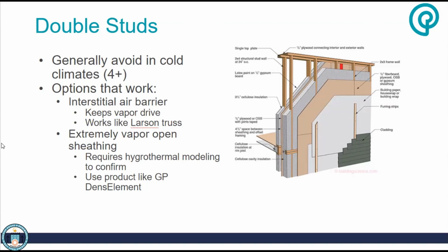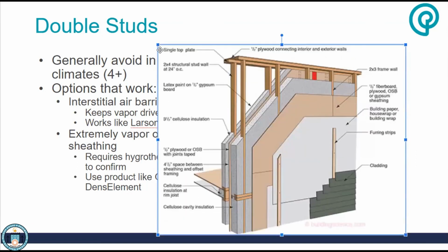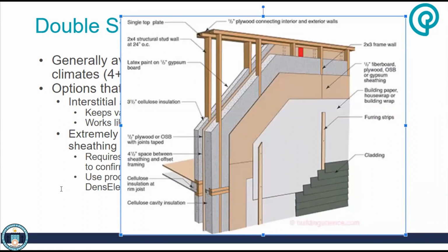And I fully understand wanting to use a double stud for simplicity of construction, especially the embodied carbon, where people are concerned about using a plastic insulation when you could use all cellulose or something like that. So one of the options, and that's what's shown in this graphic here, is we call it the BSC wall, and this is based on the work of Joe Lstiburek and John Straube, and that's putting an interstitial OSB or plywood air barrier layer in the middle. It protects that air barrier layer from damage while mounting things on the outside, and creates vapor drive across the assembly. So this is essentially working very similar to a Larsen truss would,